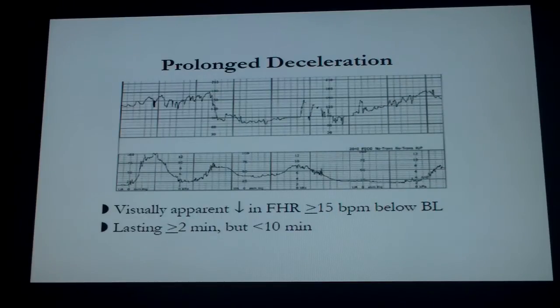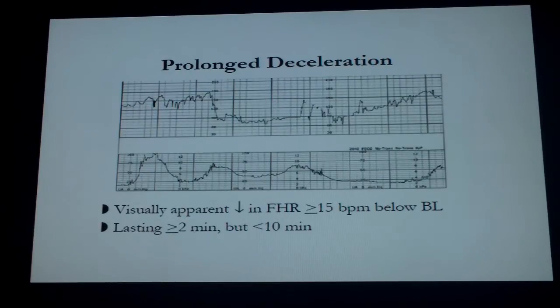And now let's talk about prolonged deceleration. It's a visually apparent decrease in fetal heart rate greater than or equal to 15 beats per minute below the baseline, and it needs to last greater than or equal to 2 minutes. So if you do have a 2-minute one right at the 2-minute mark, then it's still a prolonged, but less than 10 minutes, because if it's greater than 10 minutes, then it's considered bradycardia, and that